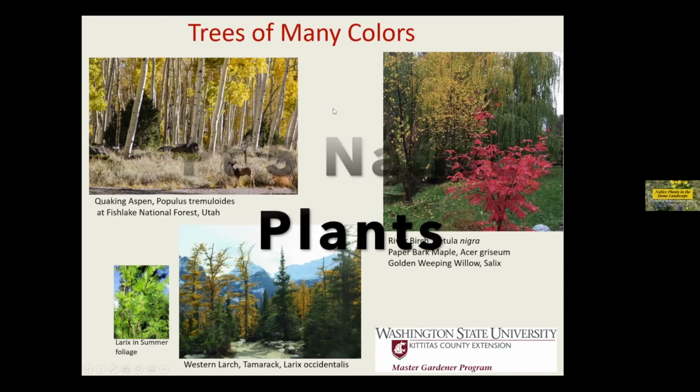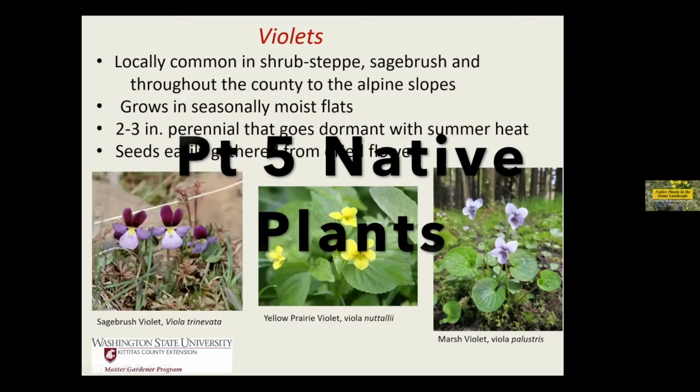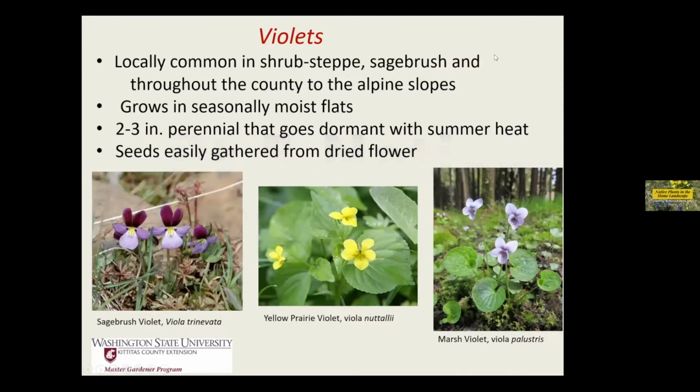Okay, violets, yes. So we have a lot of native violets. They come everywhere. The sagebrush violet is just exactly what it means. It grows out in the shrub steppe, and you can find it. This particular picture was taken on Lower Table Mountain in May, and